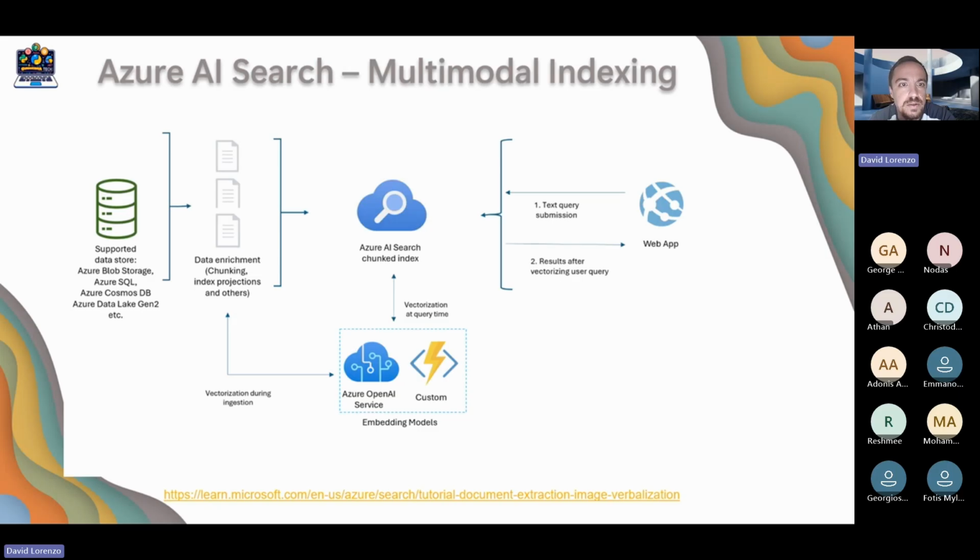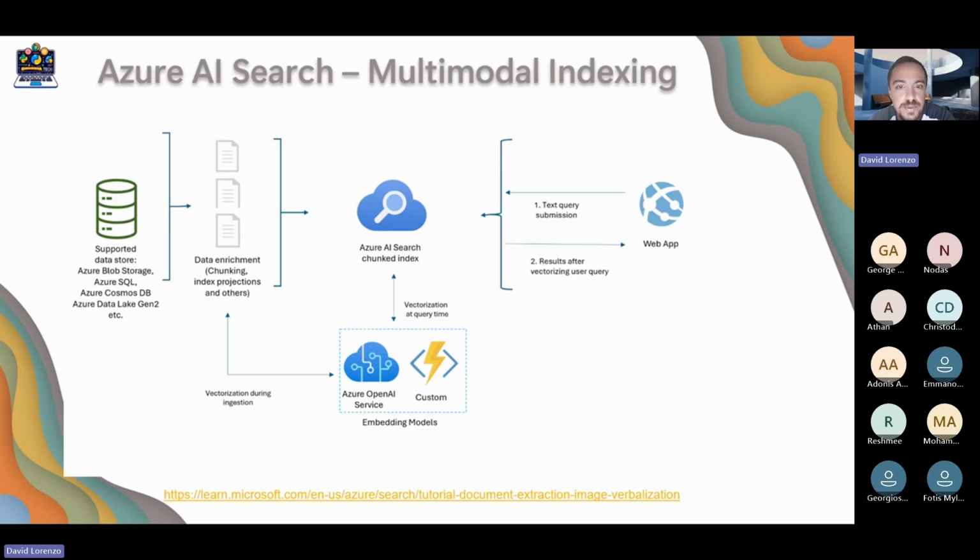There we will upload some PDFs, which contain text and images, graphics and so on. Then we will run a chunking process in which we use some skills. Skills are a feature of Azure AI Search which allow us to connect other services to do some processing in the indexing